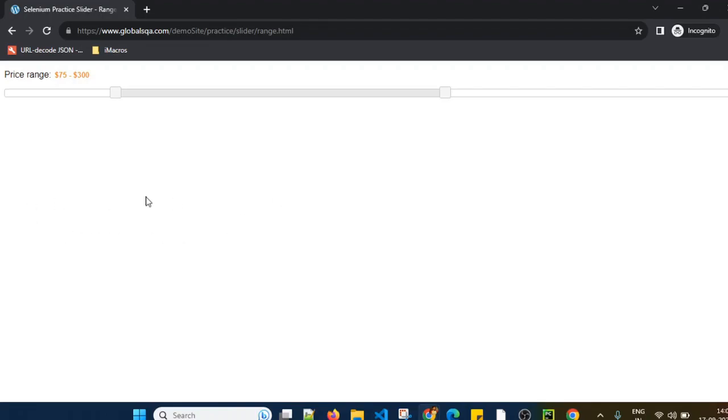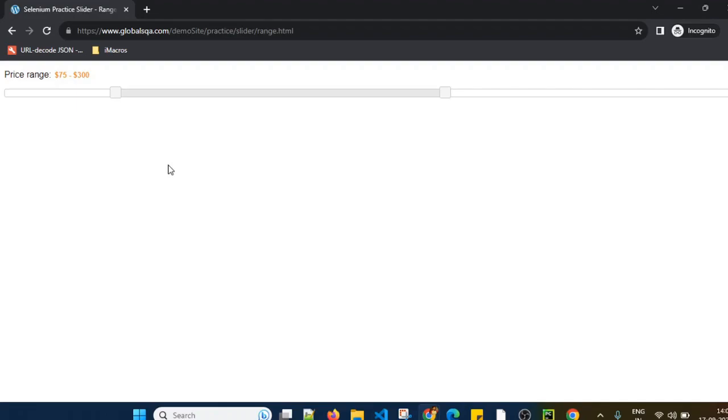The x axis is the horizontal axis and the y axis is the vertical axis, so every element present on the UI has some x coordinate and y coordinate. If you want to locate those coordinates, we can use one method, which we will see practically, to get the location of any specific UI element present on the web page. That will give us the x coordinate and y coordinate.